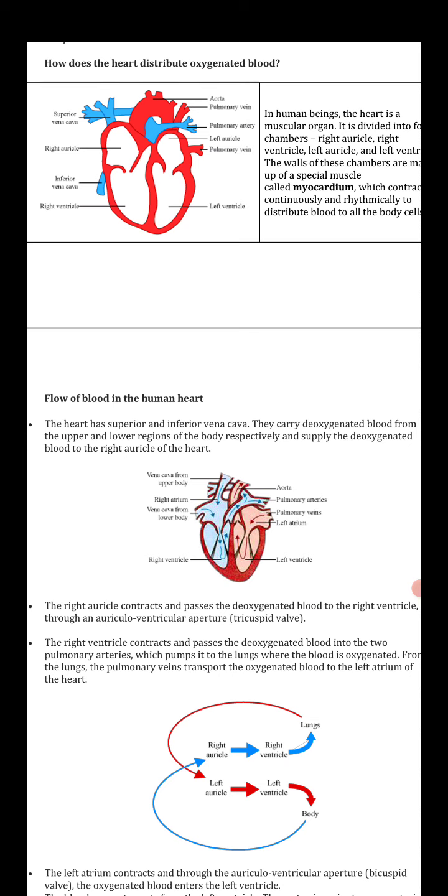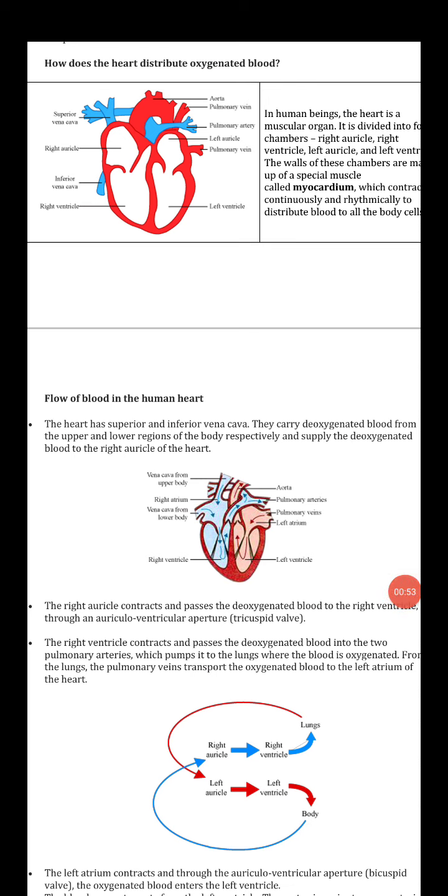Today I am going to discuss the sixth part of this chapter, how blood is circulated all over our body. From this chapter we have already made 5 videos, and in these videos we came to know the significance of nutrition, the process of photosynthesis, the significance of photosynthesis in the plant's body, the human digestive system, the human respiratory system, and the blood components. So today, in the sixth part of this video, we are going to discuss how blood is circulated all over our body.